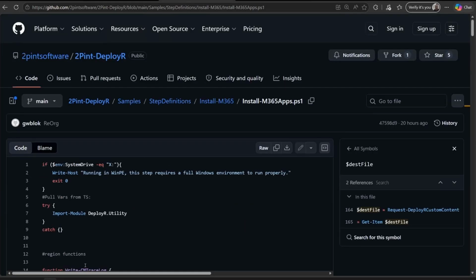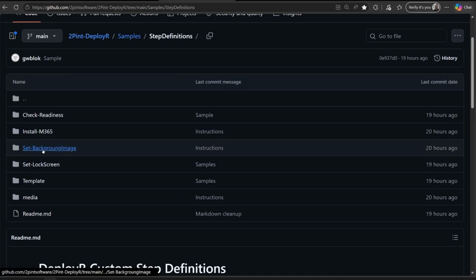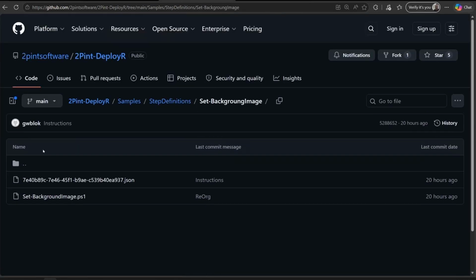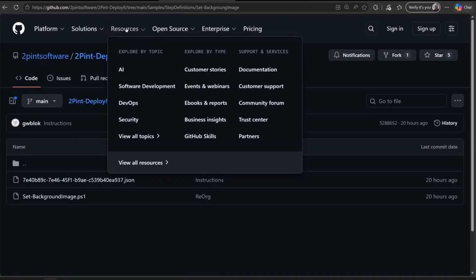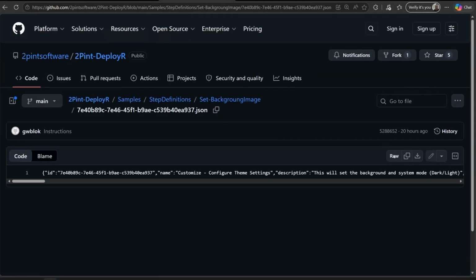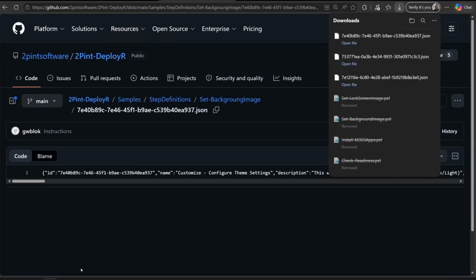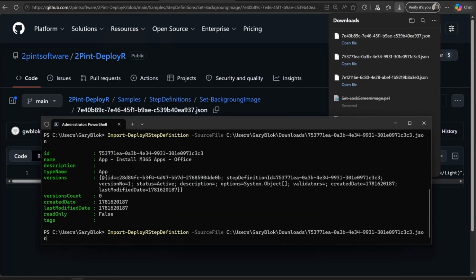So let's go back to step definitions. We also have the background image. If you want to set a background image, this is one that you can download and import. So let's go ahead and do that. So that's 7E4. So it's really easy, as you can see here, to import